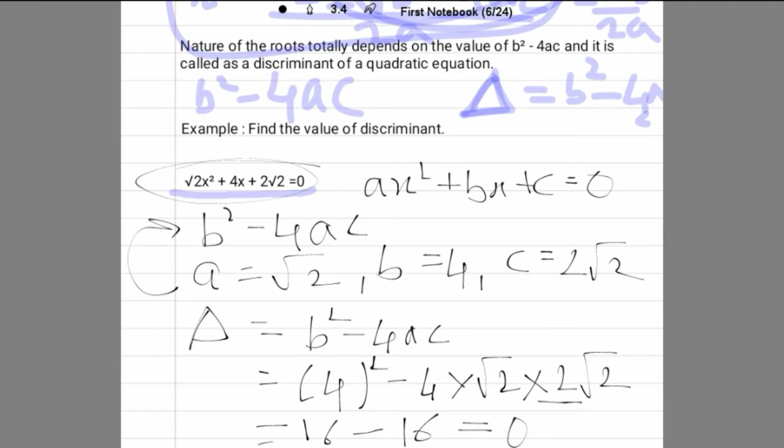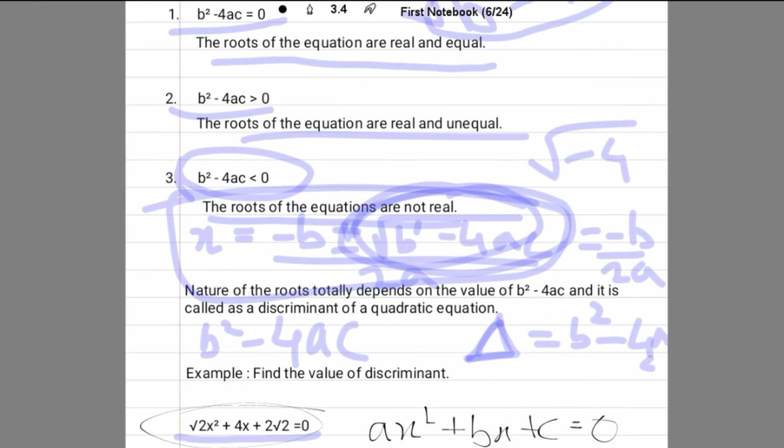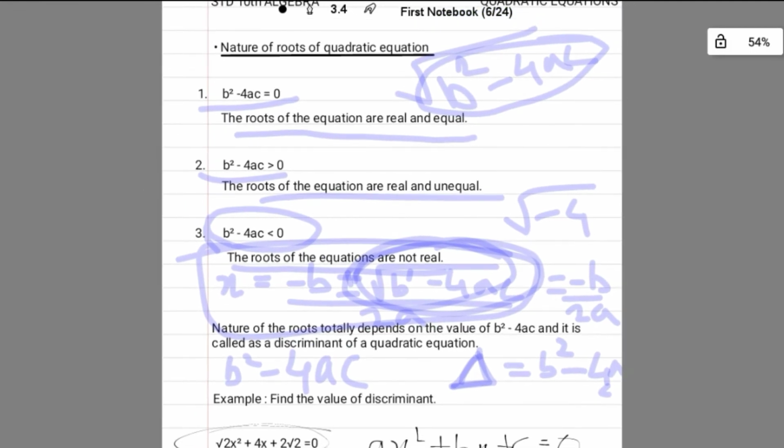Now we know that if b square minus 4ac is equal to 0, the nature of roots will be real and equal, because the whole root term becomes 0 and we get the value of the roots as x is equal to minus b upon 2a, right? So this is how we solve it, and from this topic we need to know only the nature of the roots, and we solve the questions according to that. Also, we first find the value of b square minus 4ac, then we get to know the nature of the roots, and then we just find the roots.